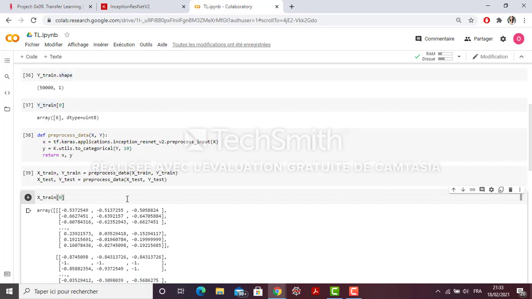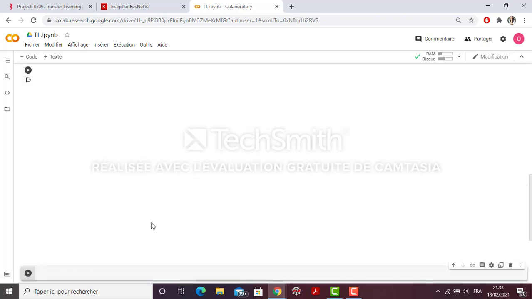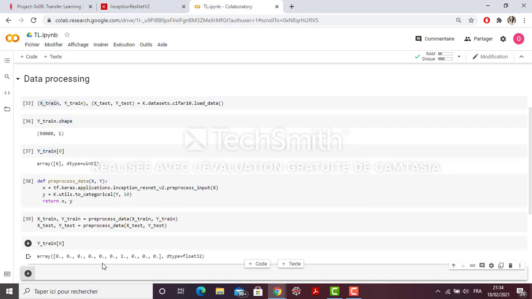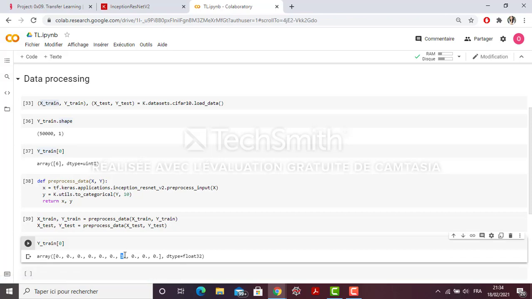So this is for xtrain. For ytrain, I have a vector with 0s and 1s, and a 1 in the sixth column. So this is exactly what I needed.